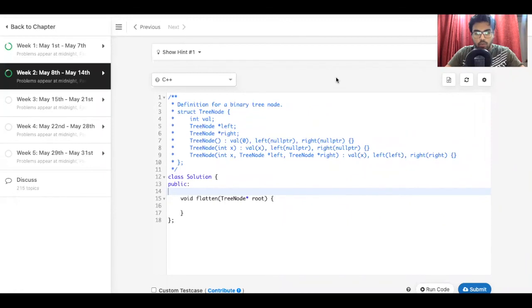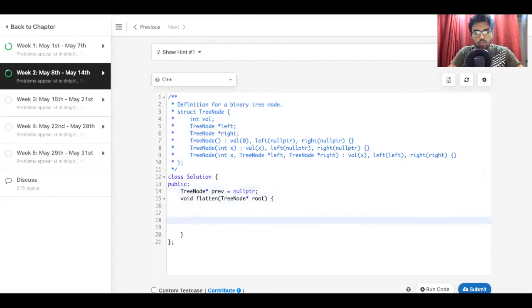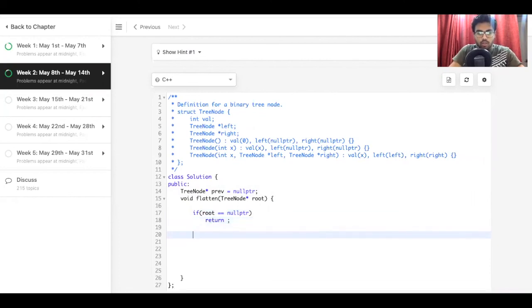So guys, let's code the part. First we need to create a tree node previous pointer to store the previous root element that we will be using later in the recursion. Then we make a base condition that if root is equal to null pointer, then we return. Now flatten root's right and flatten root's left.